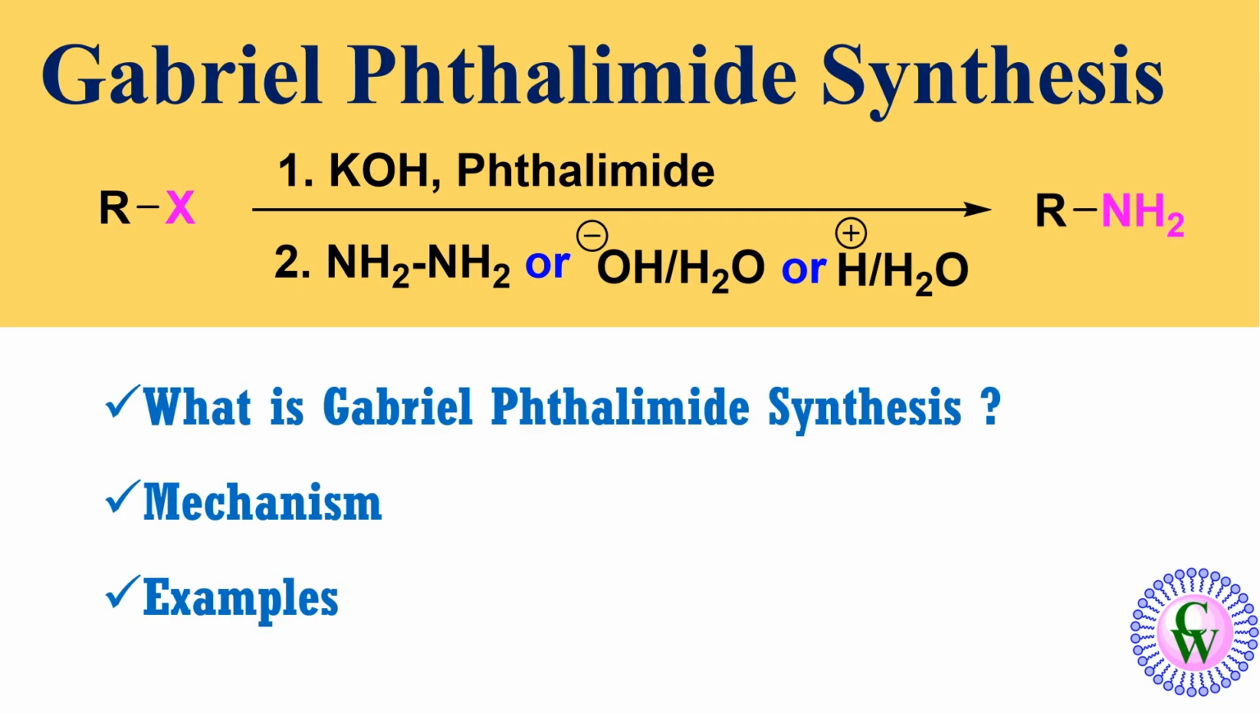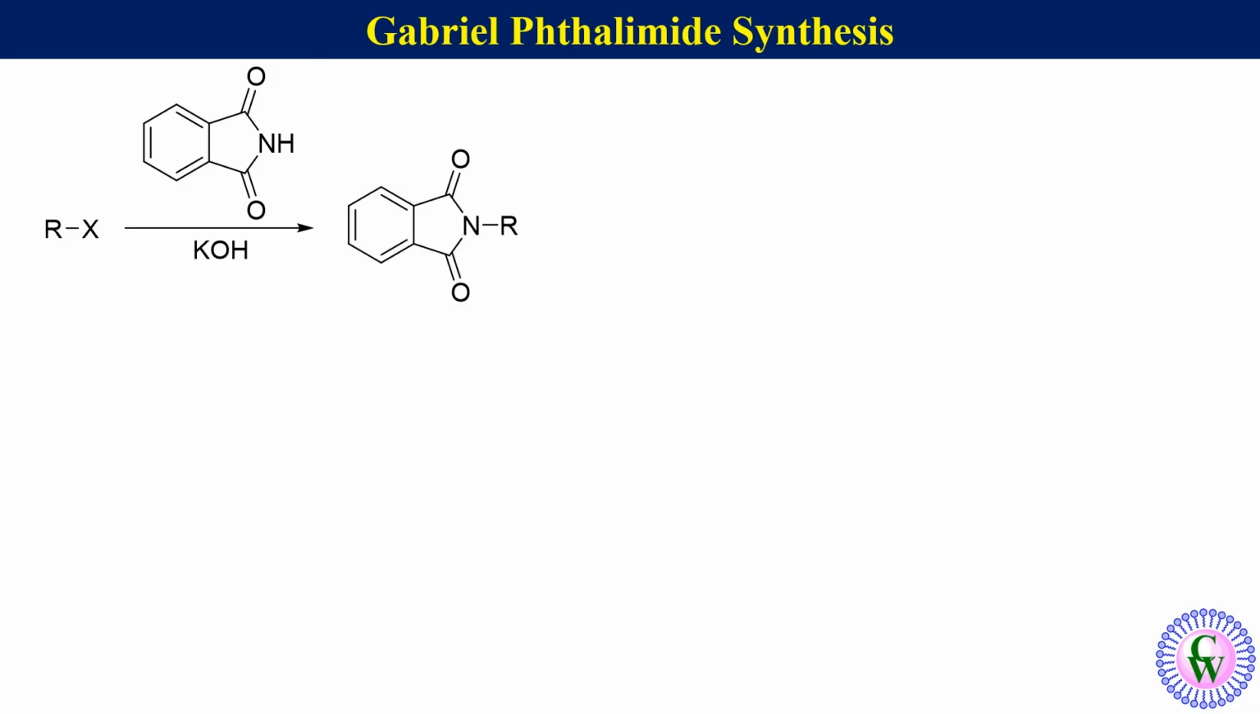In this video we are going to learn Gabriel Phthalimide synthesis. It is a two-step process in which an alkyl halide is allowed to react with phthalimide in the presence of a strong base like potassium hydroxide to produce N-alkyl phthalimide, which in the next step reacts with hydrazine or is hydrolyzed